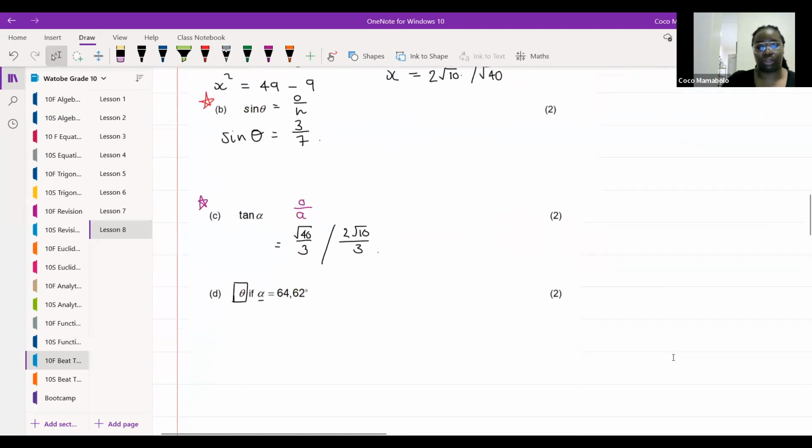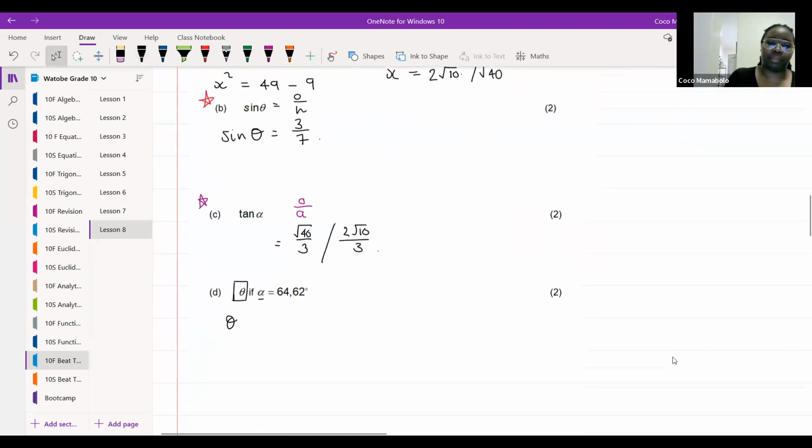Now we already know that theta plus 64.62 plus 90 degrees, because there's a 90-degree angle, all of that needs to equal 180 degrees. And the reason for that is because of the angle sum in a triangle. The sum of the angles in a triangle. Yes, that's it. And then we can just find that theta is equal to,